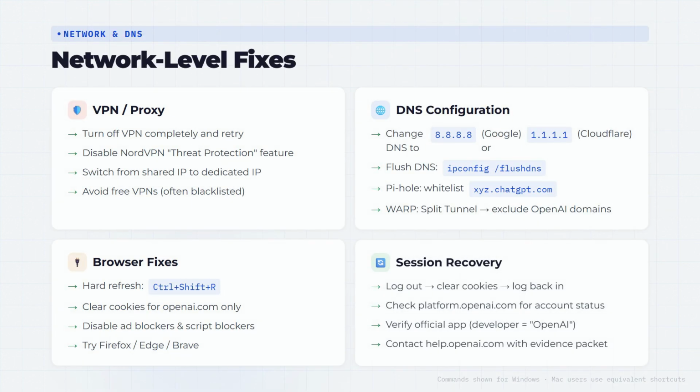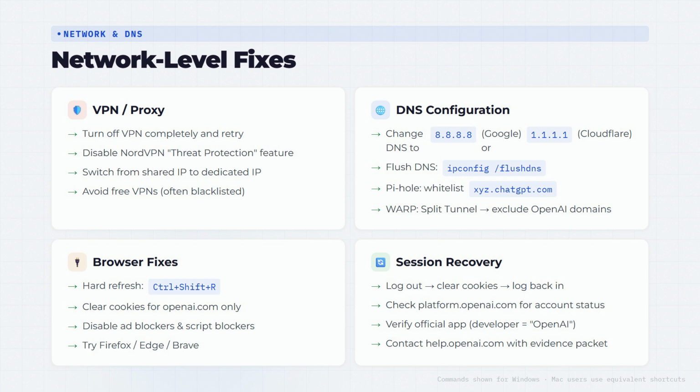Now, let us go deeper with network-level fixes. First, turn off your VPN completely. Disable NordVPN threat protection if you use it. Second, change your DNS to Google's 8.8.8.8 or Cloudflare's 1.1.1.1. Then flush your DNS cache with the command ipconfig /flushdns. If you use Pi-hole, whitelist